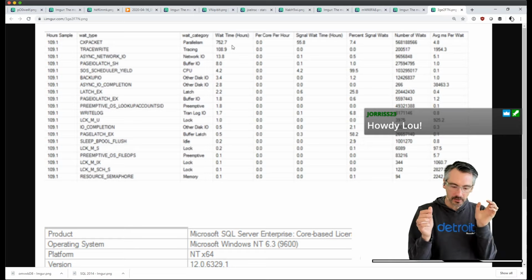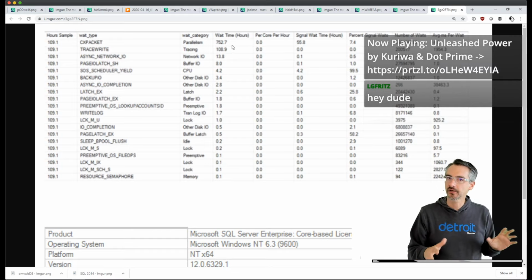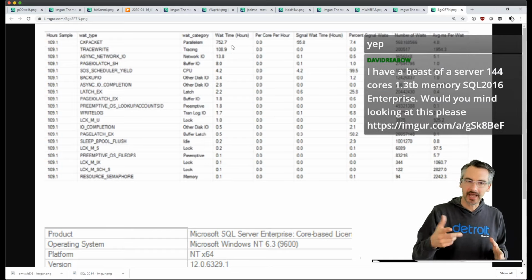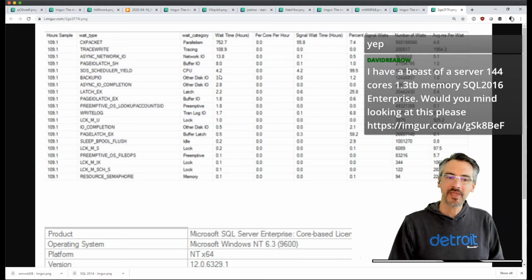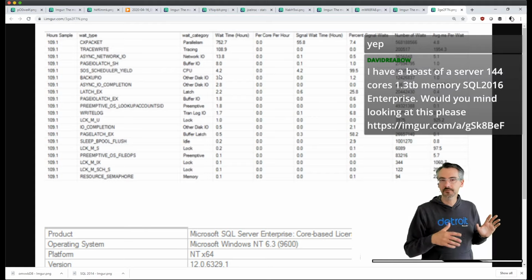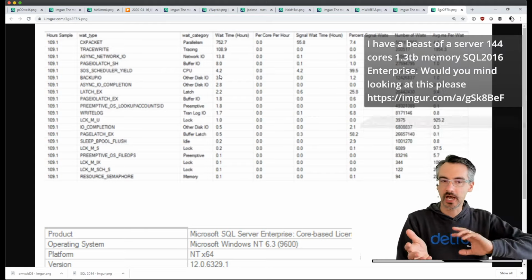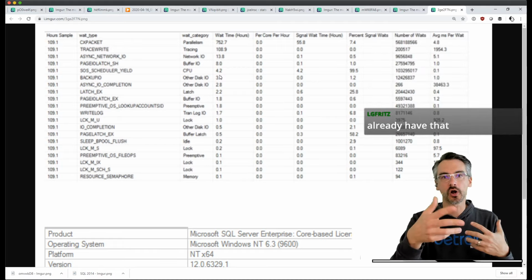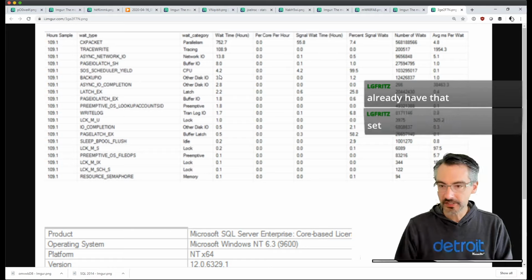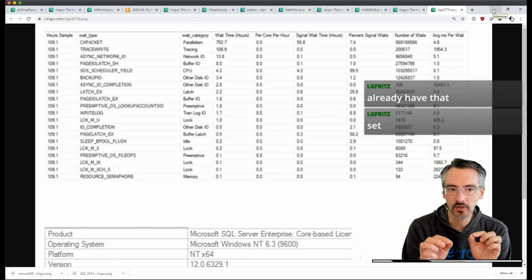So you want to set cost threshold for parallelism and max DOP to sane defaults. But beyond that, when I look down below that, nothing's happening on the server. So it's really not bad at all. I think you might have unbalanced parallelism, but that's about it. It's totally not terrible. If you've already set cost threshold, good, he says I already have that. So once you've already set that, it's hard to track down the unbalanced parallelism.